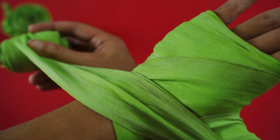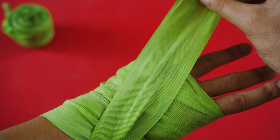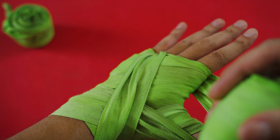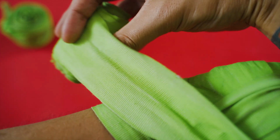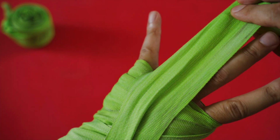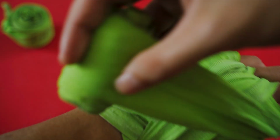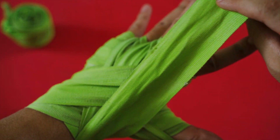Now from here, now we're around the wrist, we're going to come up and go in between our fingertips and over the knuckles. So like so, 1, good. And from here, we're going to go across our wrist, back down around our wrist, wrap around again. We'll move on to in between the second one there. So just make sure it's not too tight in between your fingertips. Good. Go wrap back down around your wrist, up to the last fingertip,